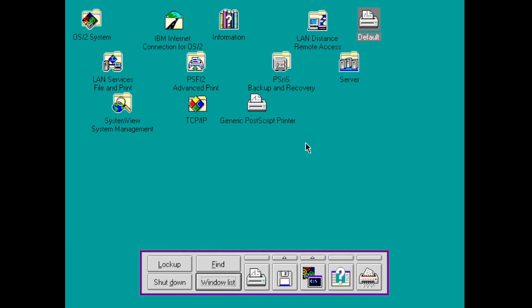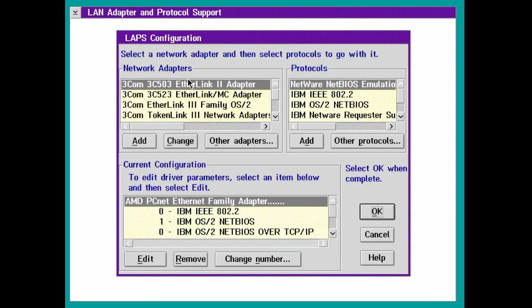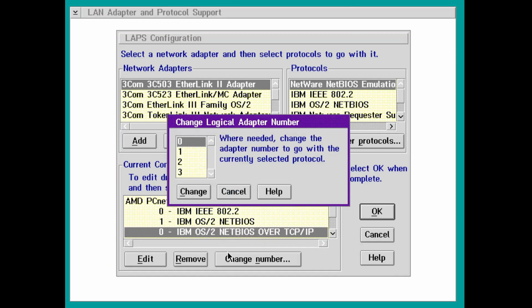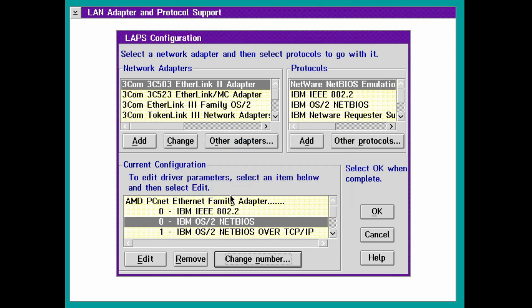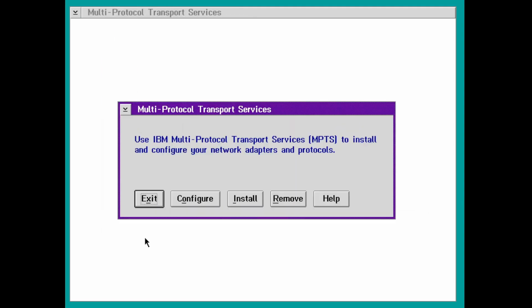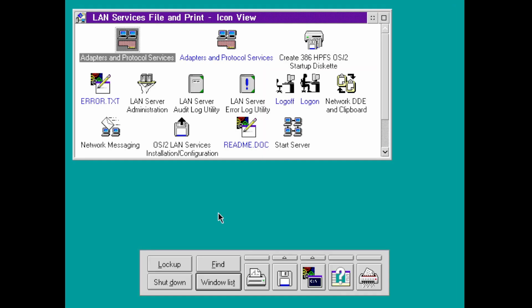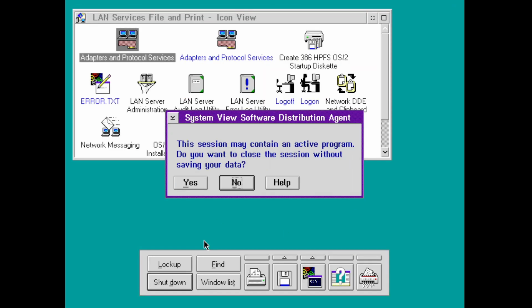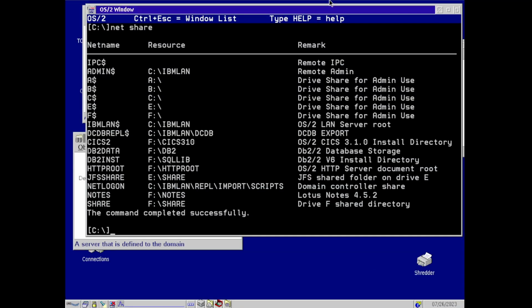Okay, let's switch this thing over to using NetBIOS, just so I can sort of demonstrate how to do that. So go into your LAN services dialog, open up LAPS, press enter 50 times, and then change this to protocol 1, change this to protocol 0, and now we click OK, close, exit, and then you'll want to reboot. So we'll go ahead and reboot this, and while we reboot, we'll go back over and look at this LAN